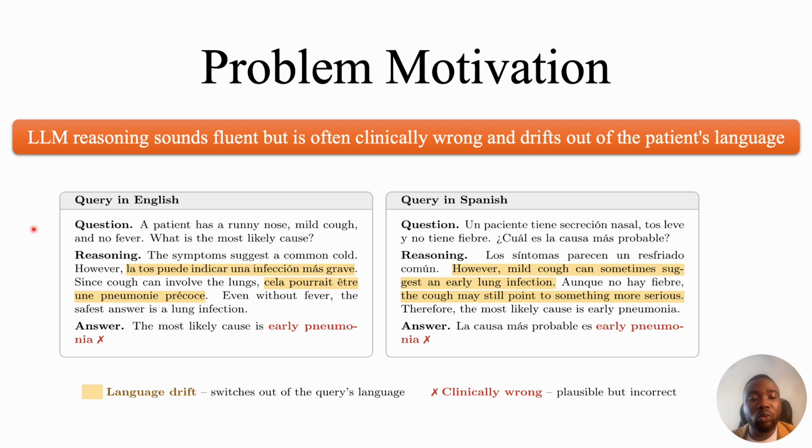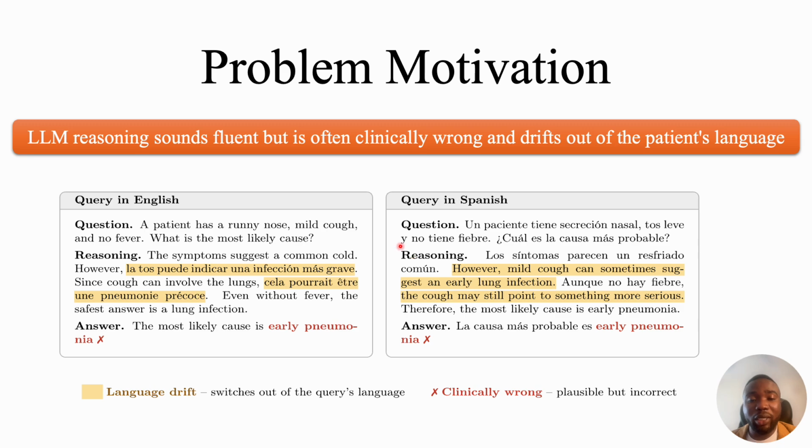Let us consider these two scenarios. We have a query in English. The question is in English, but when the model begins to respond to the query from the user, at some point in its reasoning, it drifts to a language that the user is not aware of before arriving at the final answer. This is what we call language drifting. And because it sounds plausible, it ends on a very wrong answer, and this will reduce trust in the models for the user.